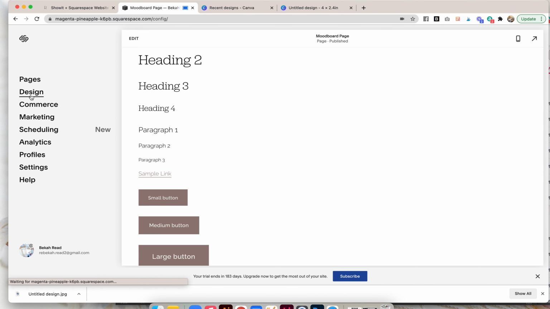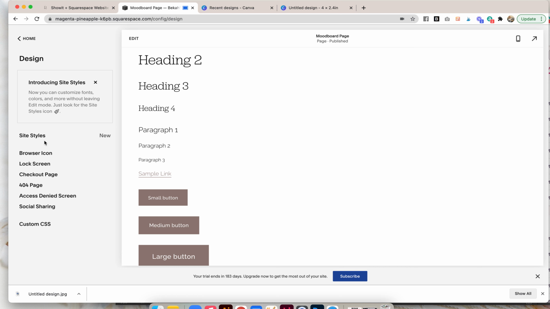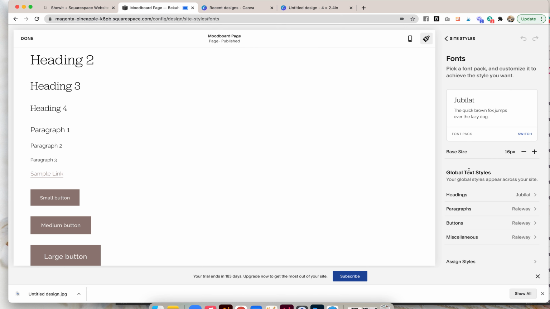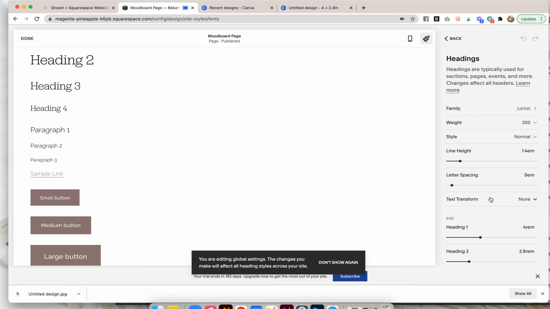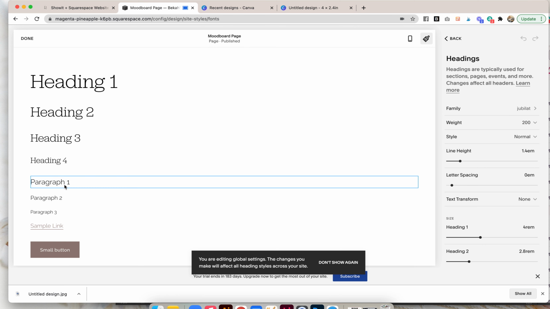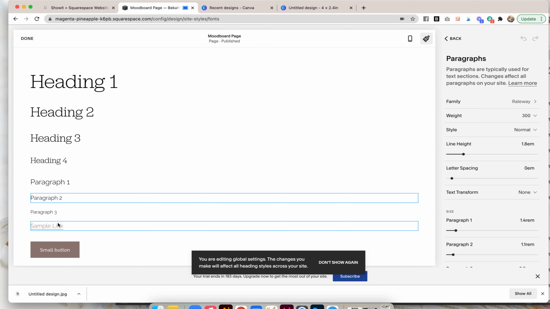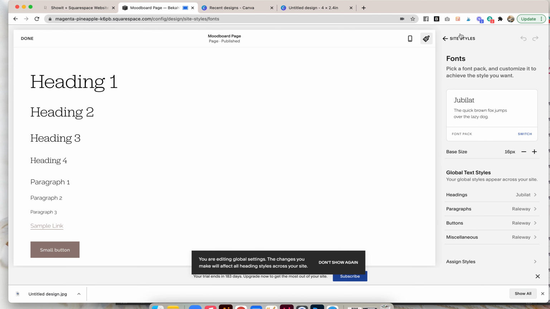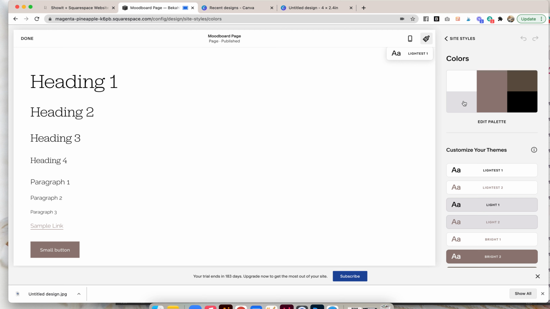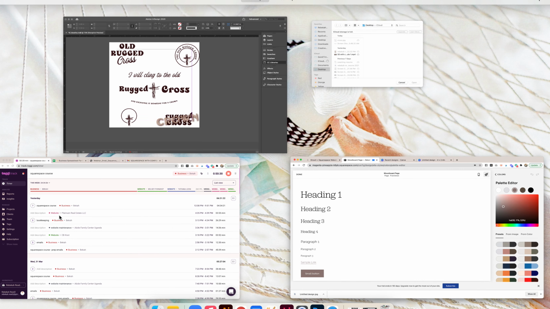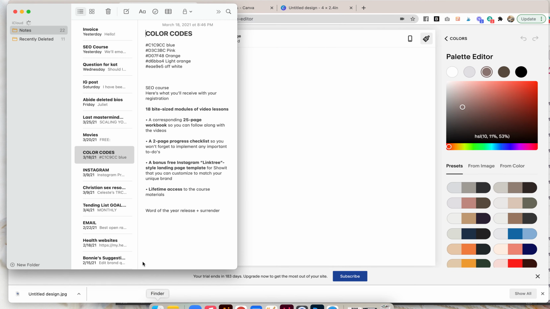And so, whoops, we'll go to design. So here I have all my headings. I actually like the size of those though. I do want to change the colors to be my colors. So we'll do white. My main color is, I don't know, I have to look it up.